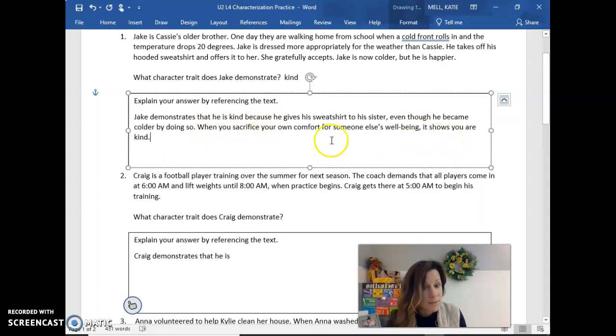And then I want this explanation, and that's often the piece that people forget. So every year when I do this activity, this explanation piece is the piece that is missing. And that's the piece that when you're writing a text-dependent analysis and you're pulling facts and supporting with facts for your analysis, you're missing many times, this connection piece. You need to explain your thinking. How is this evidence connected to the trait that you chose, okay? So make sure that you're including all of that, all 3 steps in each